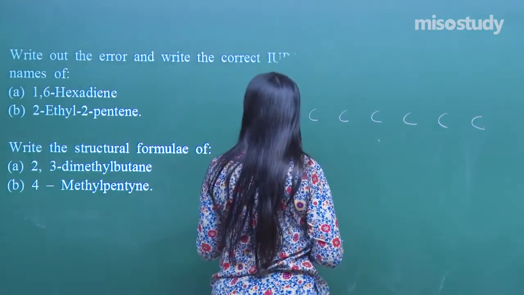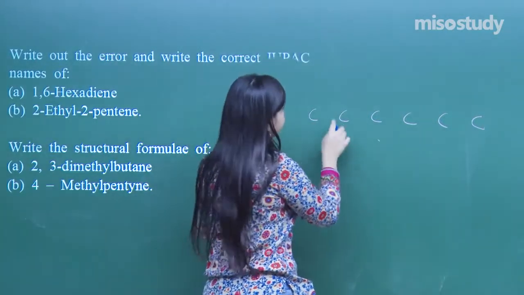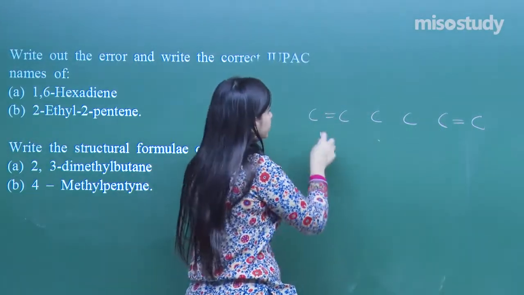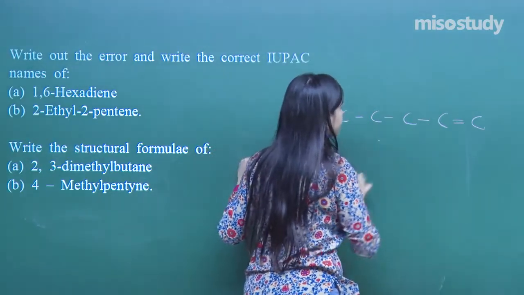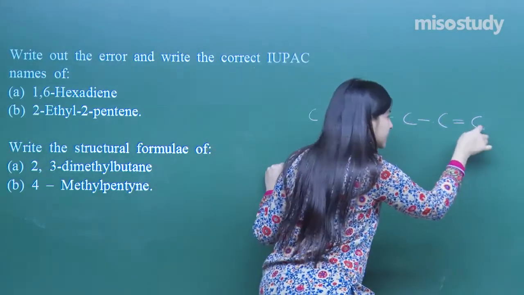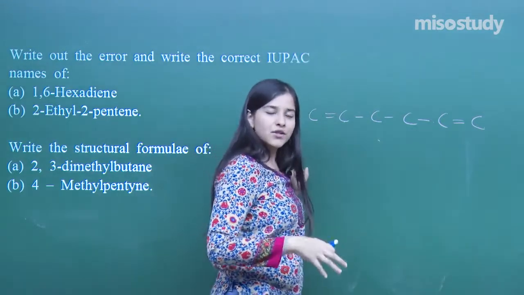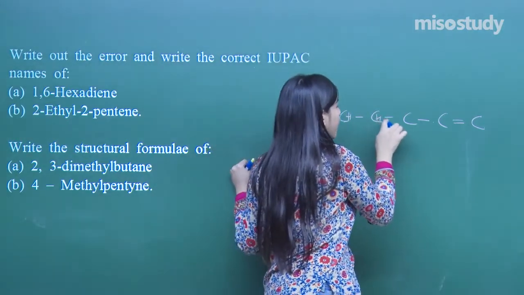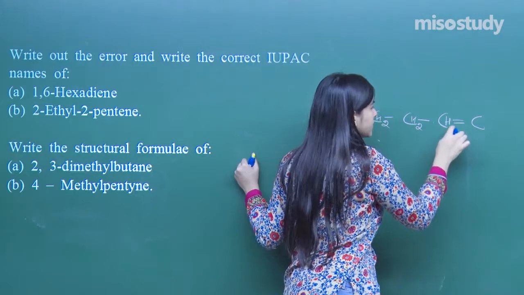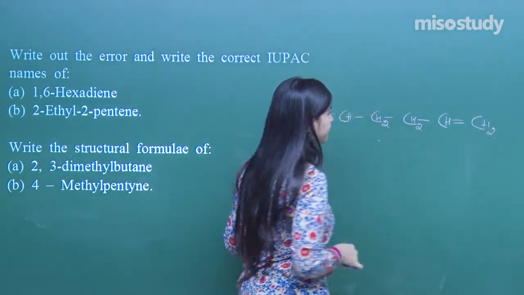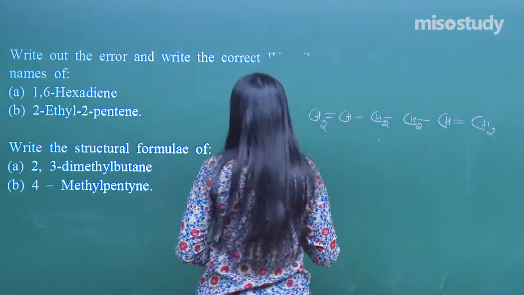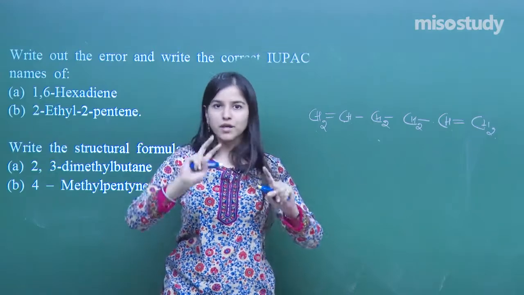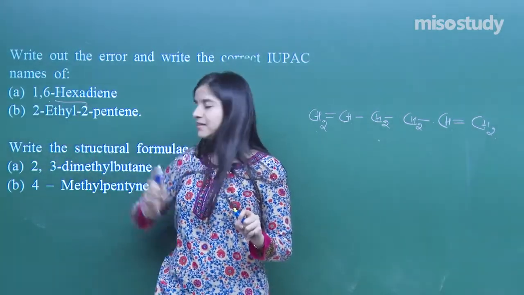And what they are saying is 1,6-hexadiene, 1 and 6, yes? Clear? 1, 2, 3, 4, 5 and 6. Can you guess what the error is over here? Let me just complete the valencies of the carbon first. Right? What is the error? What do you think? See here, the question is 1,6-hexadiene, right? Diene means 2 double bonds are there, but on 1 and 6, and it is hexa.